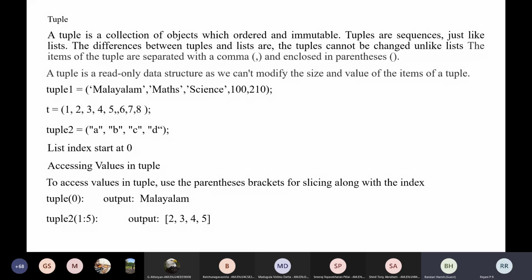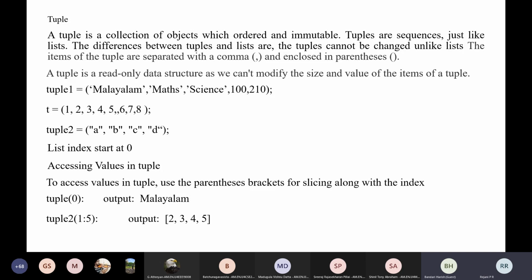The list is mutable, but a tuple is immutable. We cannot change the size or elements after the creation of a tuple. That is why a tuple is a read-only data structure, as we can't modify the size and value of the items